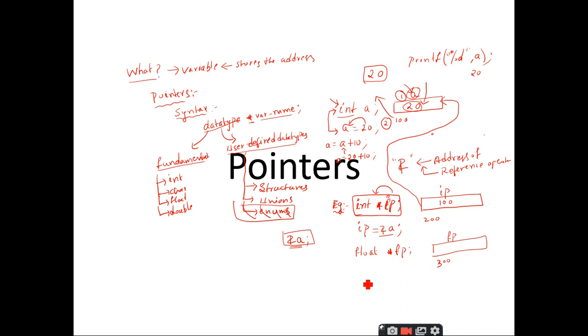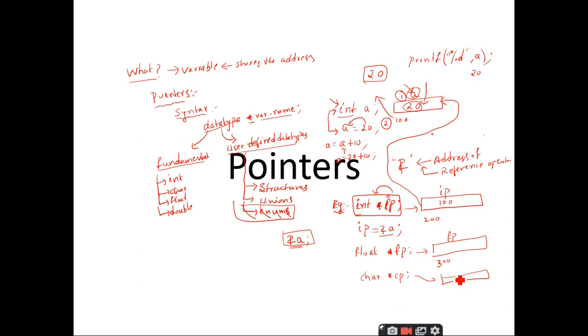Now I want to declare the character pointer. So I should use char as my keyword followed by star, and let me call it cp. Since it is a declaration, it also allocates memory. Now tell me how much memory is allocated for this declaration. 1 byte? 4 bytes?